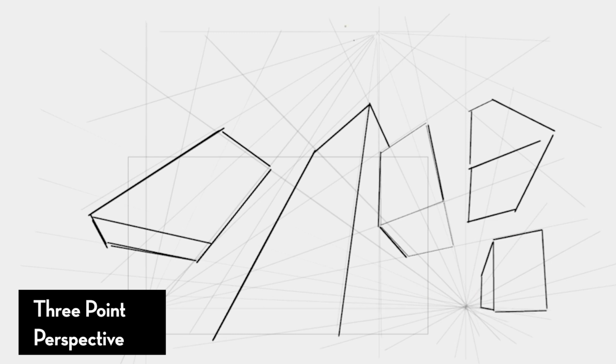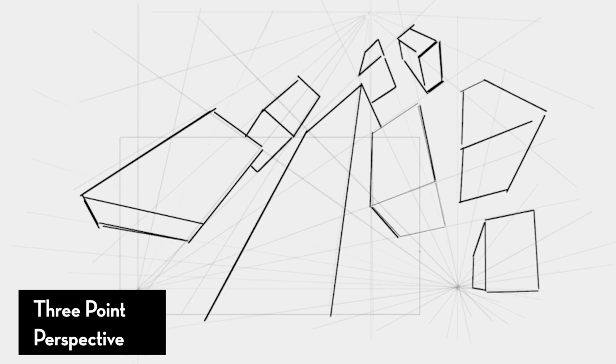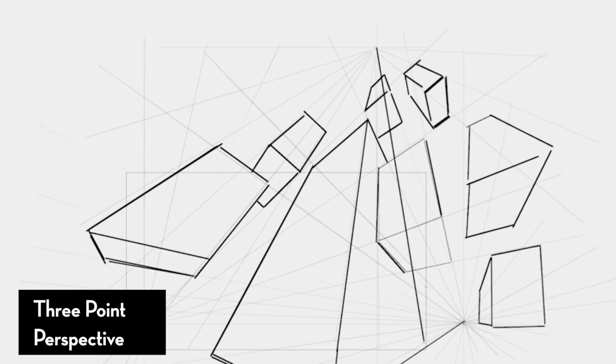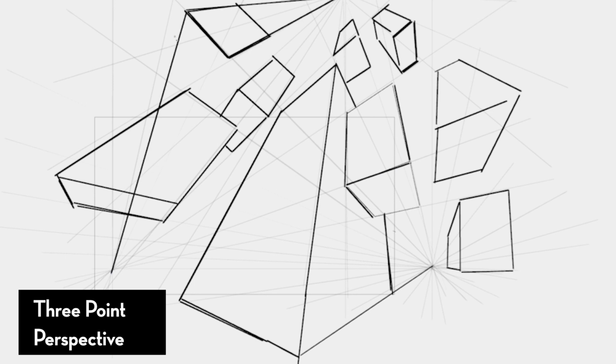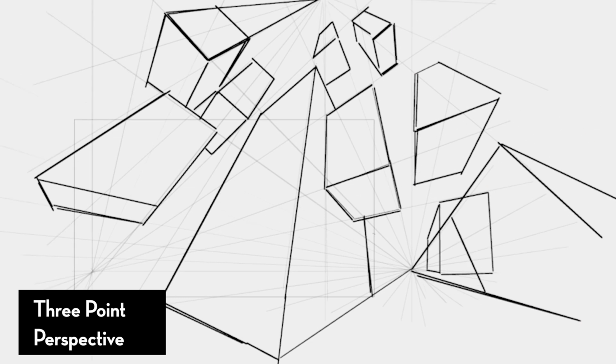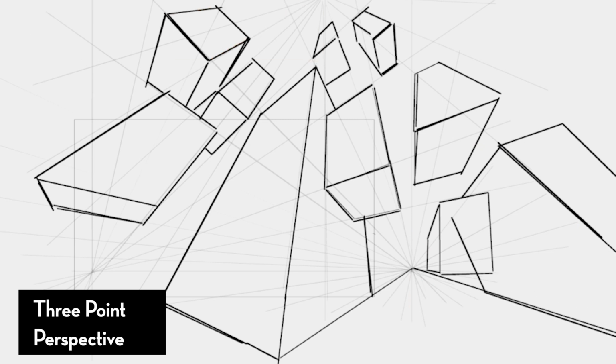Now we've contained all of our vanishing points in this little triangle composition, in that the perspective and building blocks that we draw align to these vanishing points. And the way I like to think about it, these vanishing points actually give us a new set of rules that we have to follow, that constrain our world into rules. Now, I personally don't really do 3-point perspectives just because I don't really do anything that has forced perspective or fisheye, but it's something that you might want to know in case you're put in a spot where you have to think about at least 3 vanishing points.